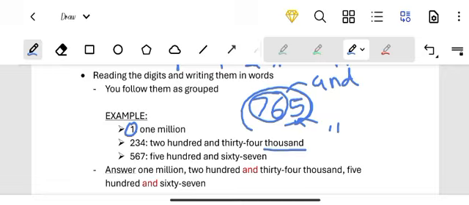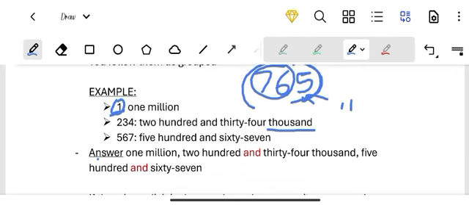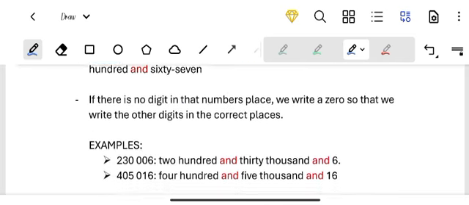Okay, so now we jump to the one that was alone, which is 1 million. Why am I saying the alone number is 1 million? Because a million has 7 digits. I hope this is making sense. So now the final answer there, I wrote it down here. The final answer when you're writing the number in words is 1,234,567. I hope this is making sense.